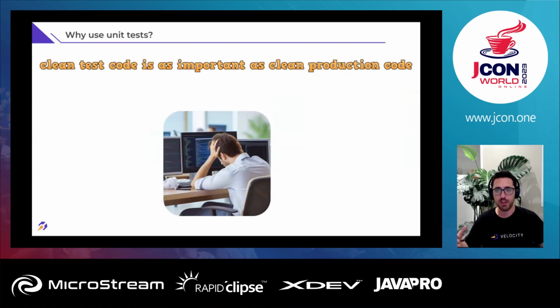Right? You have a huge system in the company that you work for, and if you want to change it, you need to understand exactly what is going on. And if the production code is really readable and clean, it's really easy. And if the test code is clean and readable, it makes our life way easier because, again, it gives lots of confidence. It's great for documentation, but usually we tend to put less effort into test code. My question is why, and we're going to talk about it very soon.